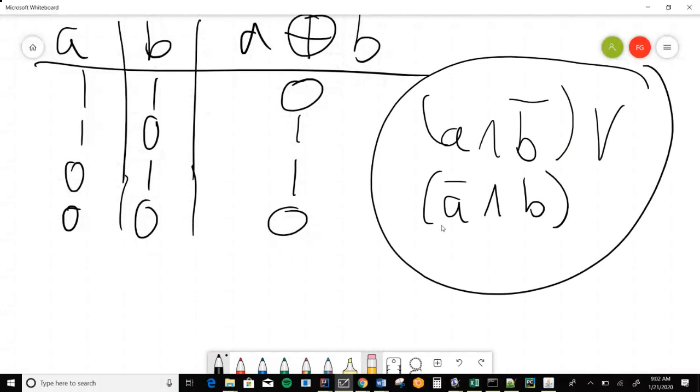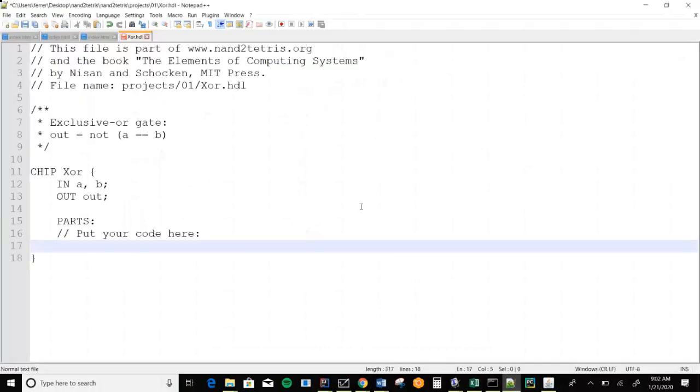So just kind of memorize that. Well, I saw you all writing it down. Good, good, good. Okay. So I'm going to come back here. I'm going to think about how I'm going to build this. So I know that I need both the unadulterated A's and B's, and I know I need them both to be negated as well. So I'm going to start by setting up the negated versions to have available as I assemble the circuit. So I'm going to use a NOT gate.